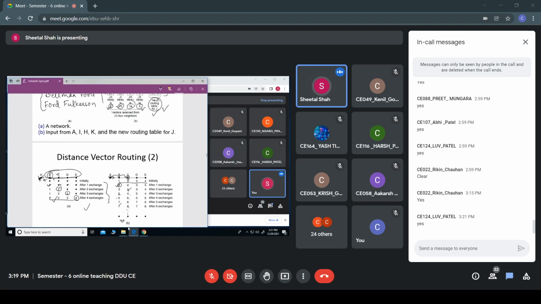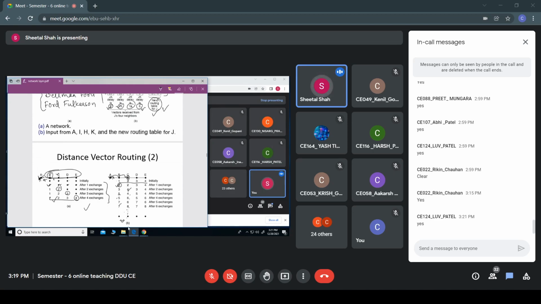Now, once this table entry is done, assume that A has gone down. The router A is not working due to some issue. Now, what happens? B, as we have studied, periodically has to find out the delay. So in this example, we are taking the metric as the hop. So B will send a periodic dummy frame, or dummy packet, to A to check whether A is working. Okay. Since it finds that A is not working, it will send a packet here also. But since C is working, and it knows that C can reach A in 2 hops, getting this, there is an entry here.